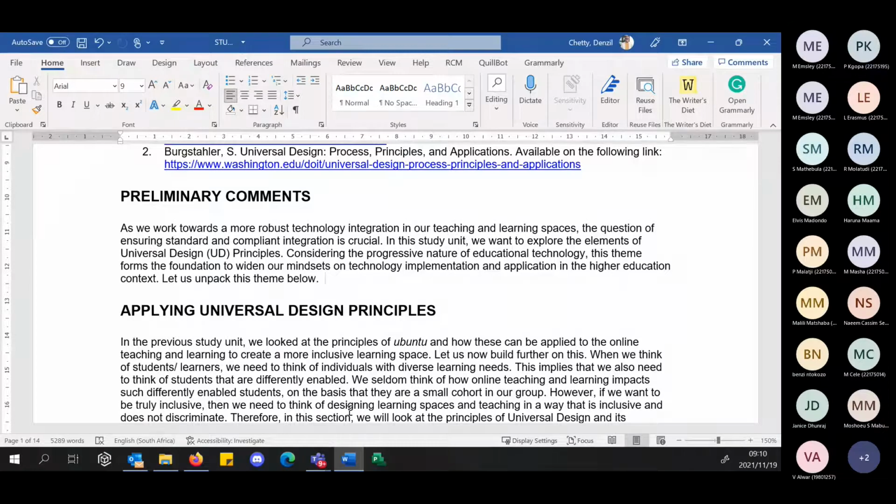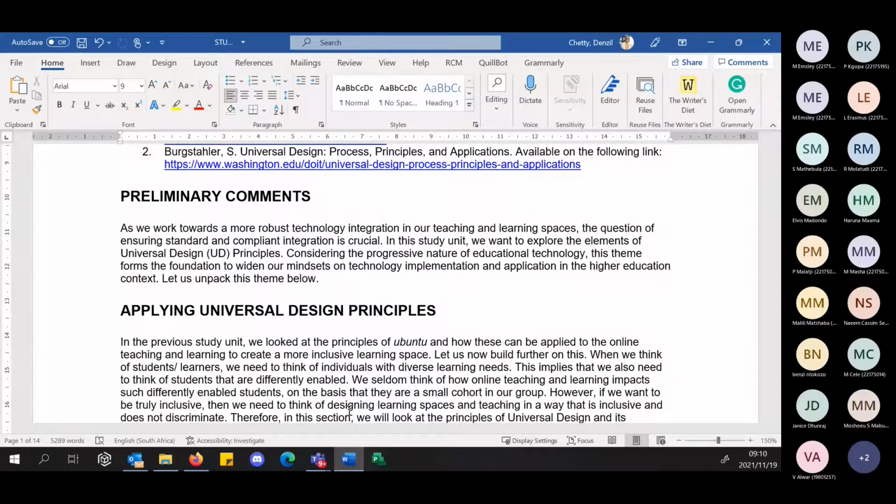But there's something quite important here, colleagues, and I'm not sure about your own institutional policies, but maybe you need to look at some of these policies in terms of students that are differently enabled. Coming from my own institutional context, one of the challenges is that students that are differently enabled do not need to disclose that they have a disability, right? So it means that students that are differently enabled can be sitting in a virtual classroom, online classroom, and they may not